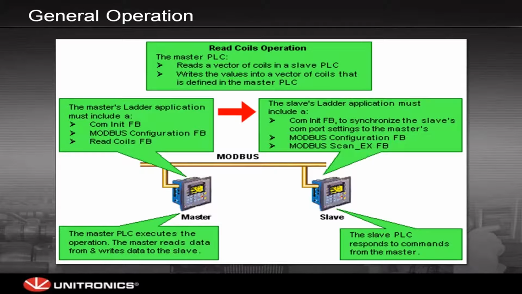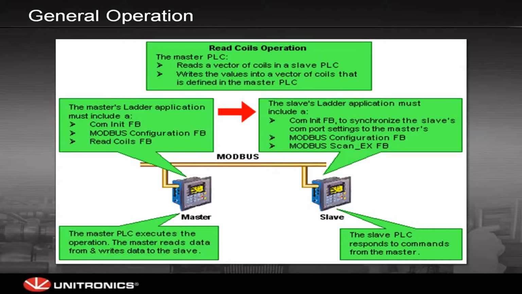It's more common to be using the RS-485 since you can have more nodes than you could on the point-to-point RS-232. But this graphic here shows just some of the basic operation for it. You have your master and your slave PLC configured. You will need to have a COM initialization block, a MODBUS configuration block, and then also any read coils or write coils or write registers, preset holding registers on your master device. And the master is really the controller which will be executing all of the commands. So your reading and your writing is all taking place from the master,